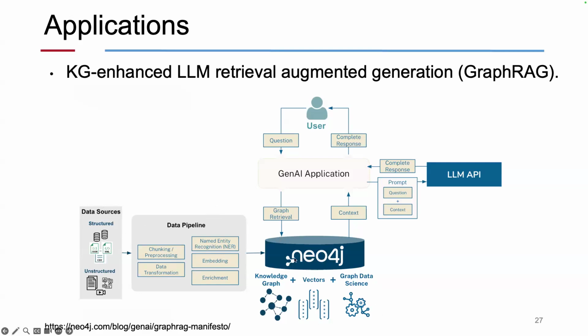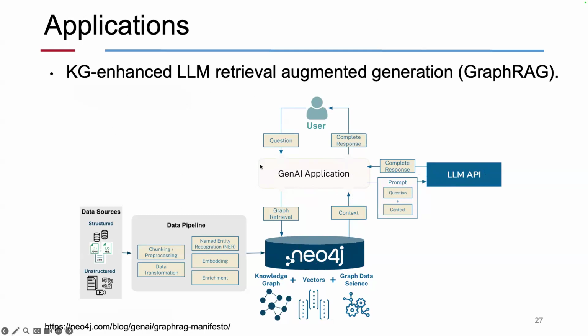And then from the user perspective, they ask any question, right? For any general AI application, these questions will search the graph database. For instance, here we use Neo4j. And then during the process, we will return some context. With this context and the original question we feed into the LLM, and then the LLM will return the answer to us, and then we further return the response to the user. So this is the engineering pipeline of how we can integrate